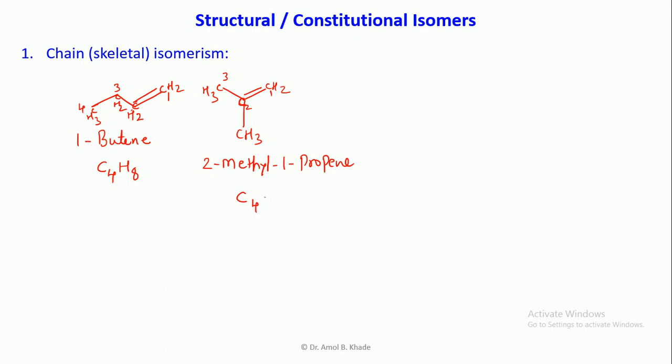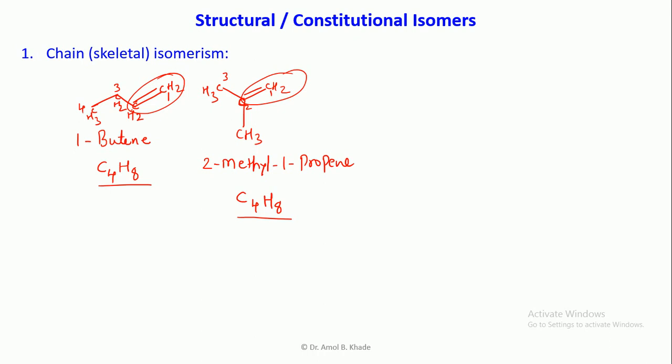Obviously here there are 4, then count the number of hydrogens, 3 plus 3, 6, and plus 2, it will be 8. So here also it is C4H8, here also it is C4H8. Now again I am emphasizing, the functionality has not been changed, and even its position in the structure is also not changed. So in 1-butene also the double bond was in between 1 and 2, even in 2-methyl-1-propene also it was in between 1 and 2. So that we refer to as chain isomerism.